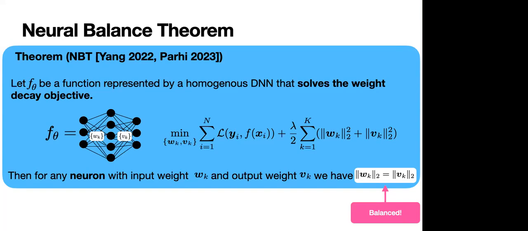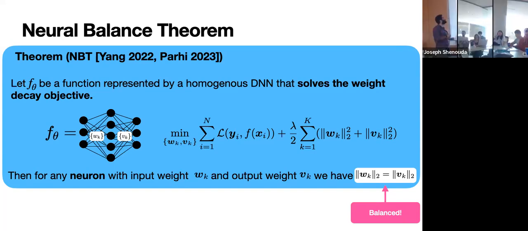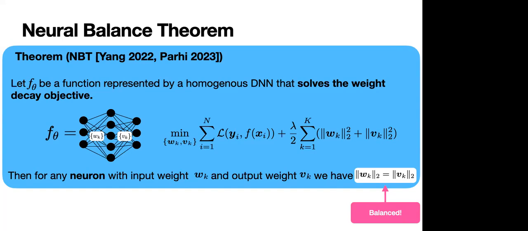Hey, can I ask a question? Yeah. Have you tried to empirically train some network, and how long does it take for it to actually see this balancing phenomenon? And is it necessary for the neural network to reach a good accuracy by training so long, or does it just work well before this happens?